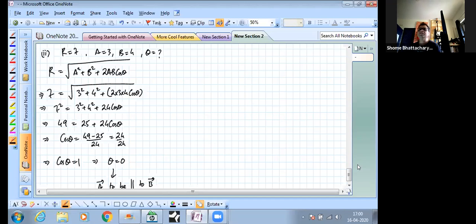So question number 3 is actually very similar to the first part of this. If you have the question in front of you, I'll just read it out. Question 3 says, we have 3 vectors A, B and C of magnitude 12, 5 and 13 respectively. And given that A plus B is equal to C, we have to find the angle between A and B. And again, understanding that